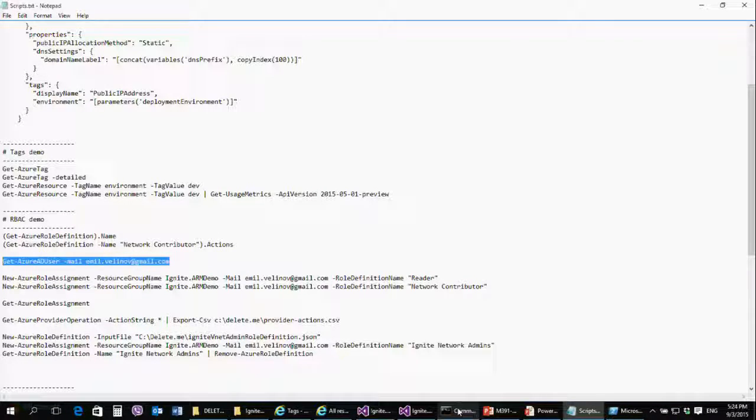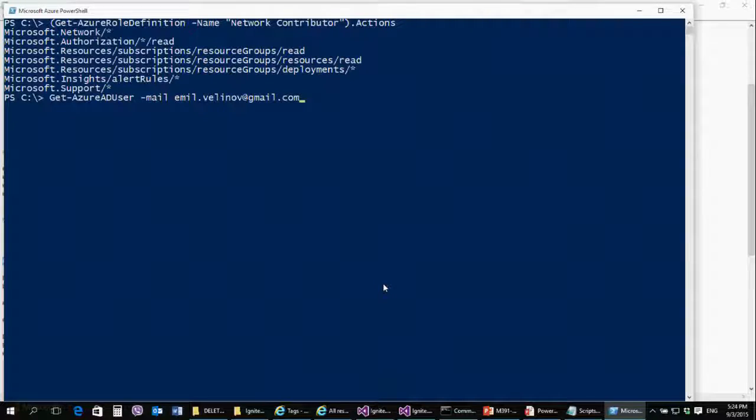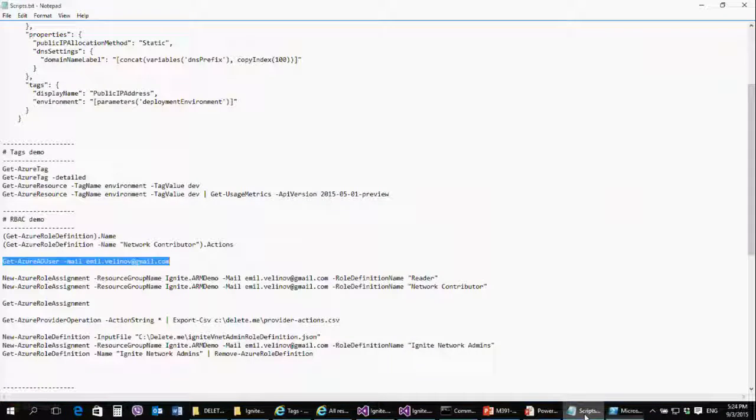OK, so the next step from here, I'm going to go and retrieve the object ID of an AD user, which is myself using my Google ID. Well, that's a Microsoft ID, to be precise, linked to my Google email account. So that object ID is required for you to link a user to a role definition. Okay? And this is our next step, which basically says,